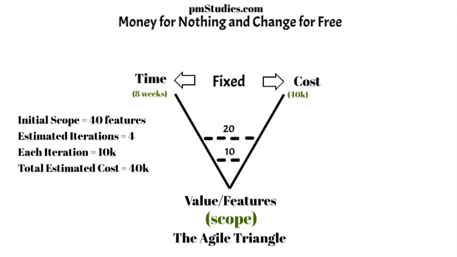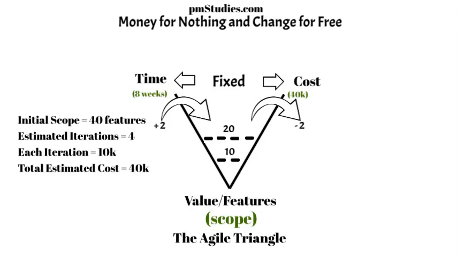To maintain the project's fixed time and cost, the product owner, in alignment with the change for free clause in the contract, will suggest to the customer to descope some less valuable features of equivalent effort. Upon customer agreement, the new features will replace the less valuable features of equivalent effort. In our example, 2 existing features were removed and replaced with 2 new ones of equal effort. This process altered the scope's composition at 0 additional time or cost, exemplifying the change for free clause of the Agile contract.